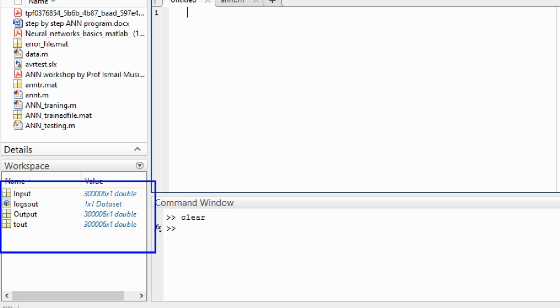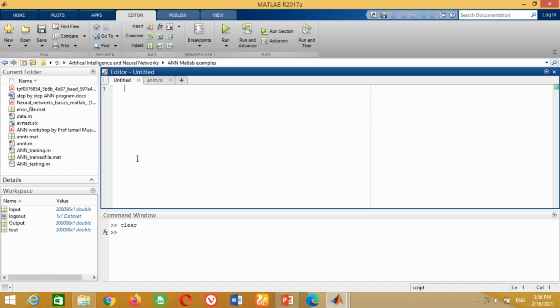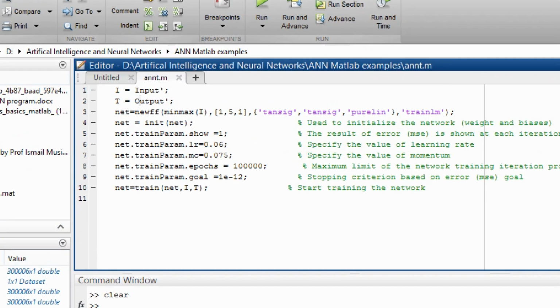As we have received this input and output data, now we can perform the artificial neural network training by using the MATLAB program or GUI tool as discussed in the previous videos. You may choose any method of your choice. For the convenience, I am using the ANN training using MATLAB program as shown here.